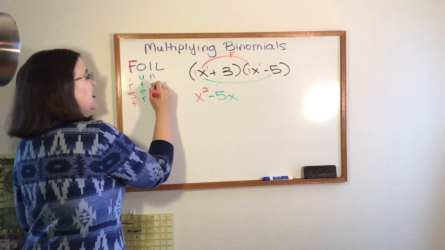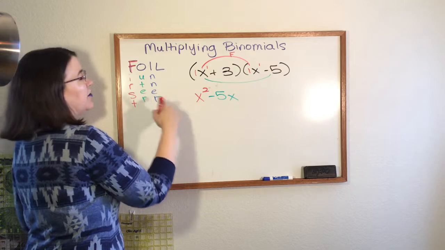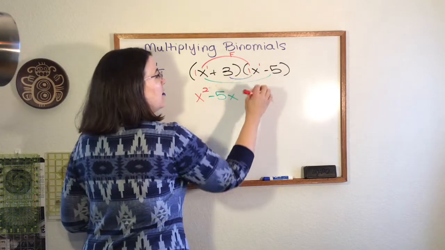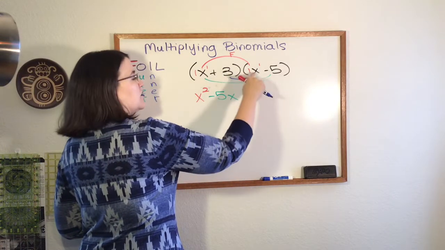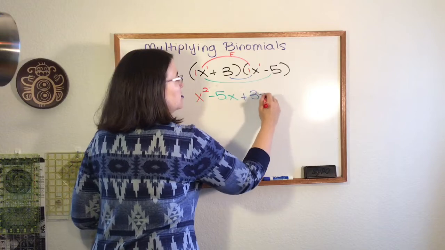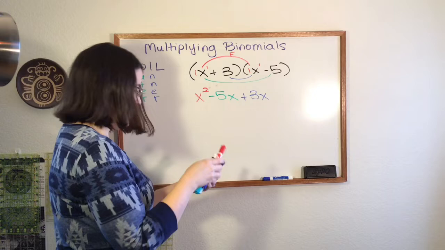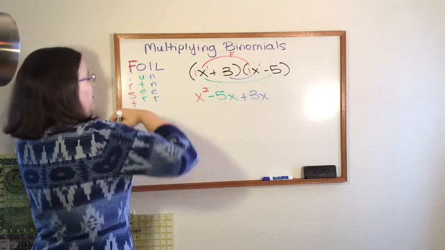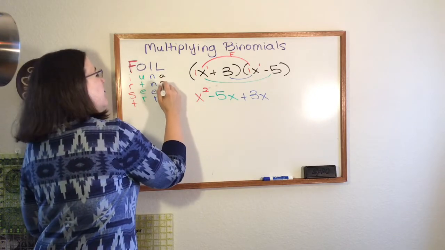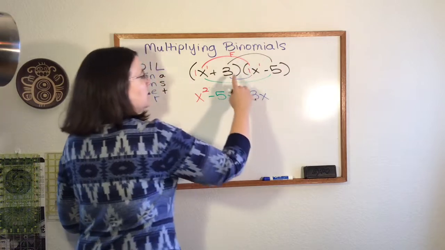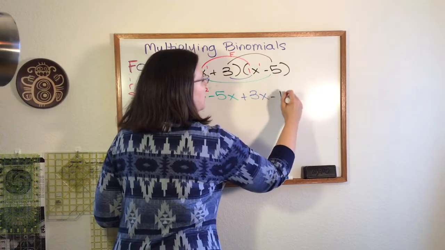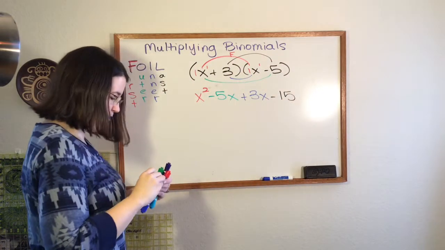The I stands for inner. So first, outer, inner. The inner is right here. That's 3 times 1x. 3 times 1 is just 3. So you get 3x. Notice we're going to have some like terms. And then we'll go ahead and do black for L for last. And that's the last 2 terms. 3 times -5 is -15. All right,